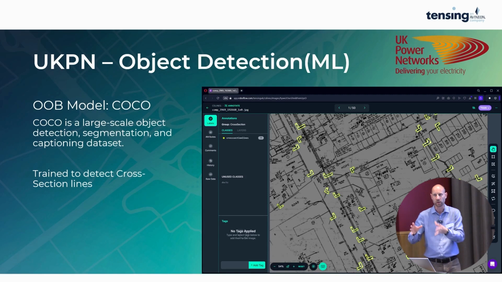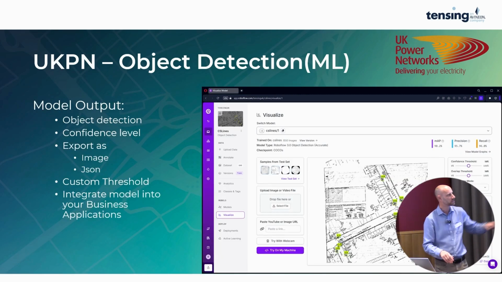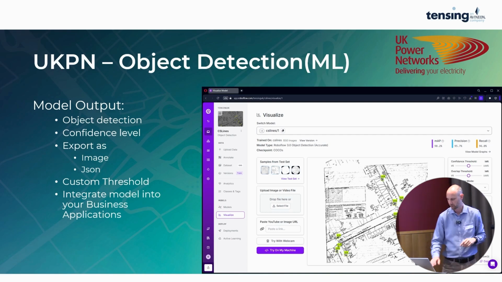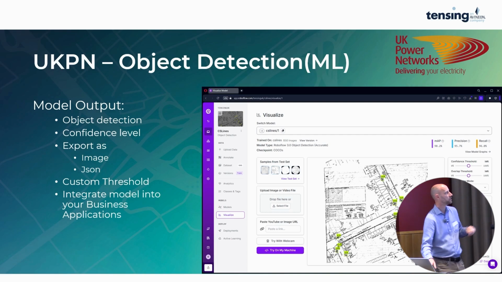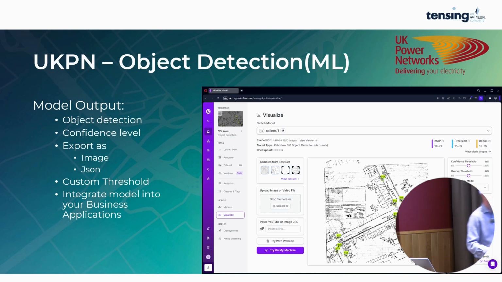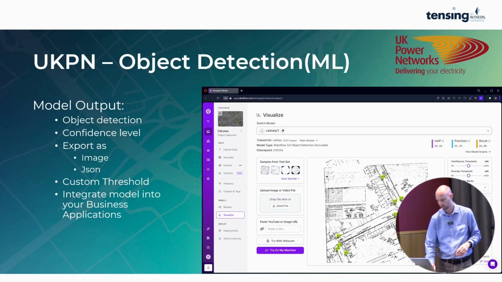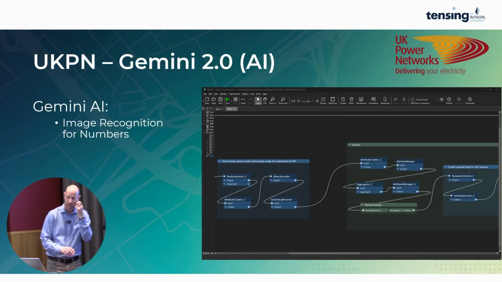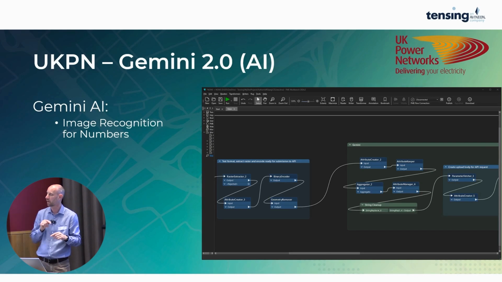So actually, once you get going, it's really quick to get a training data set in place. And you can see this is the kind of training interface where you're identifying the individual arrows that are of interest to you. And you can get an export, so you can see there's a few different ways you can get output, but here you can see there's a JSON response there, and it will give you an indication of